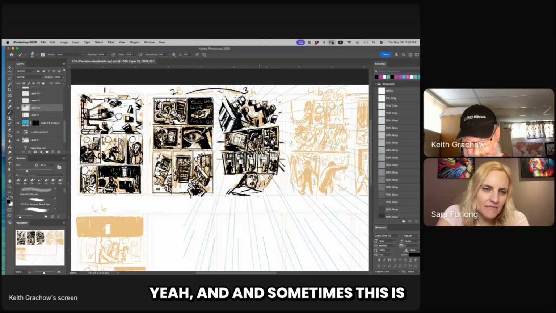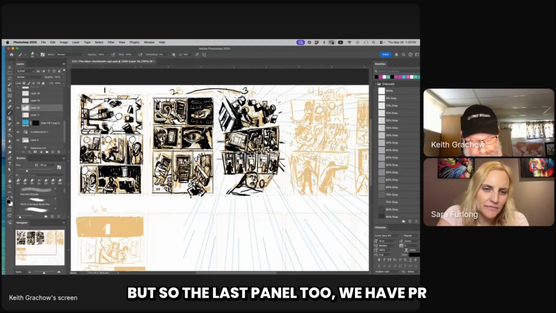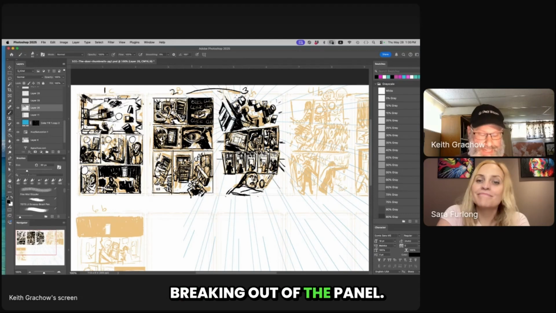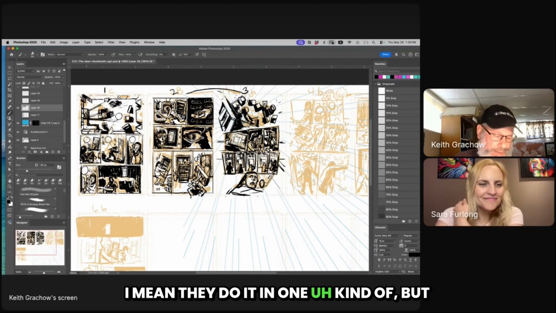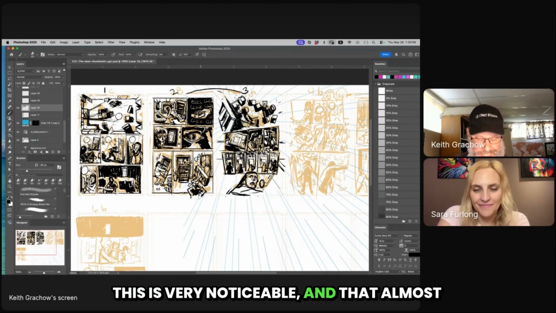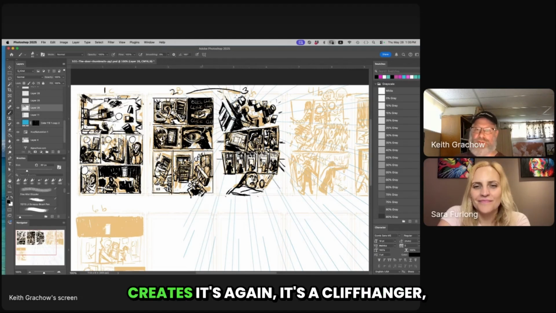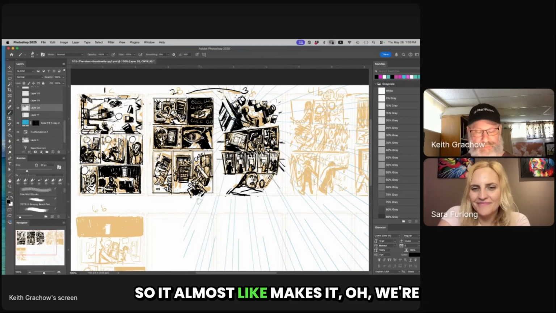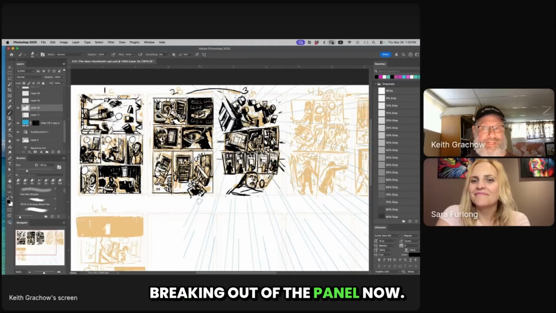Yeah, and sometimes this is subconscious, but in the last panel we have, pretty much for the first time, Sam breaking out of the panel. They do it in one, kind of, but not so much that it's very noticeable. This is very noticeable, and that creates a cliffhanger, which is what you want to do from page to page. It makes it like, oh, we're breaking out of the panel now, we're getting a